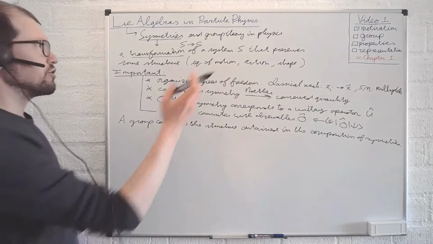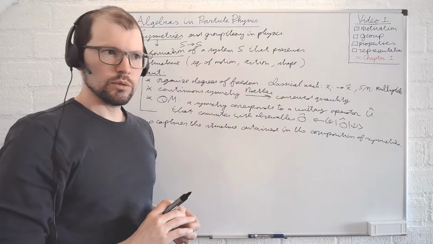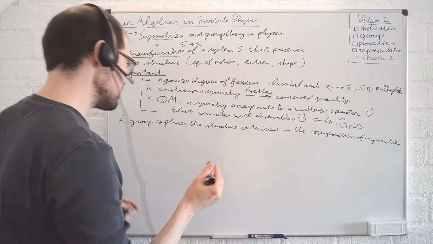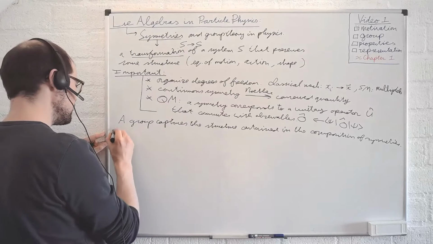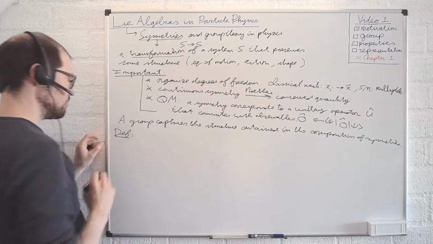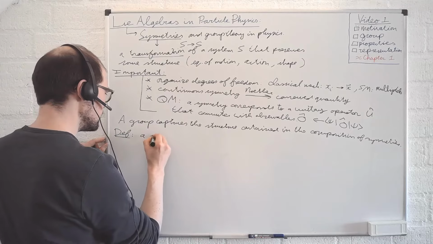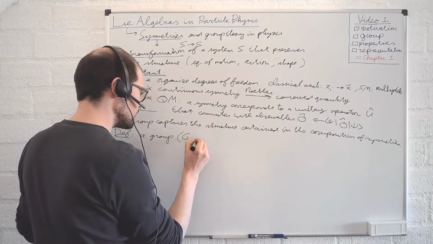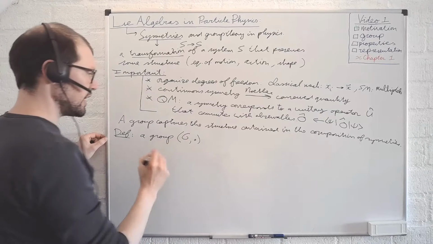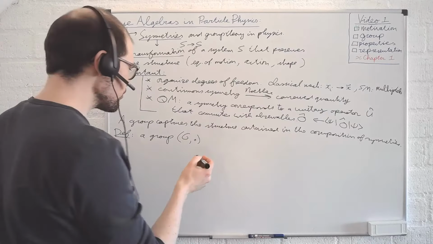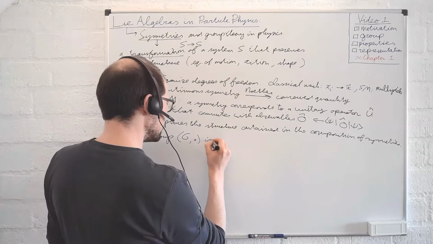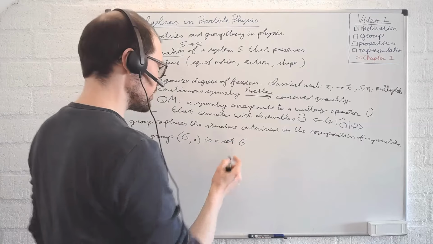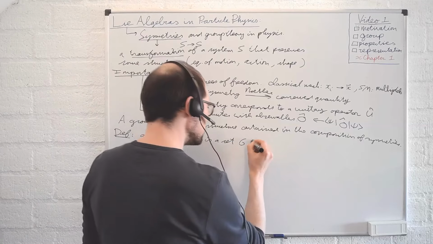And I'm going to start by just writing down for you the definition of a group, which I hope you've seen before, and if not, then just pay attention here. So the definition of a group is the following. A group, denoted by these two elements, G and some operator, is a set G, an abstract mathematical set G,